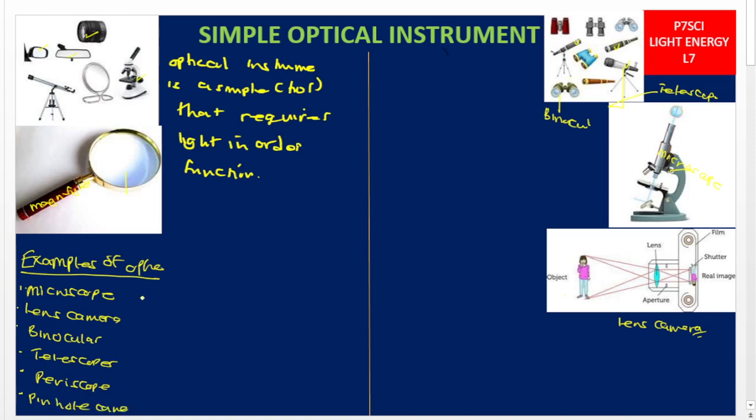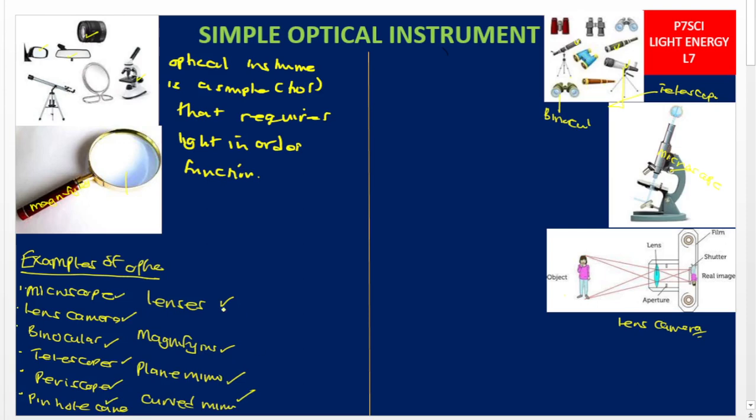Then we have also the lenses. Then again, we have the magnifying glass, as you've seen it. Then also we have the plane mirrors. Also we have the curved mirrors, my dear learner. So we have lenses, magnifying glass, plane mirrors, curved mirrors, pinhole camera, periscope, telescope, binoculars, lens camera, and the